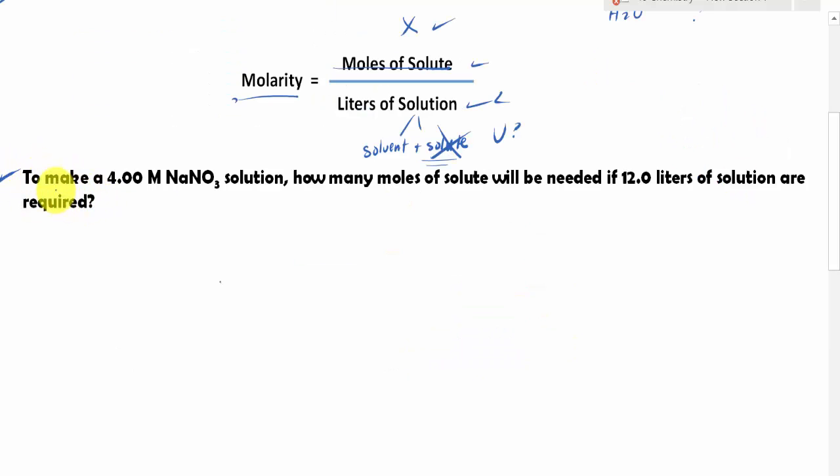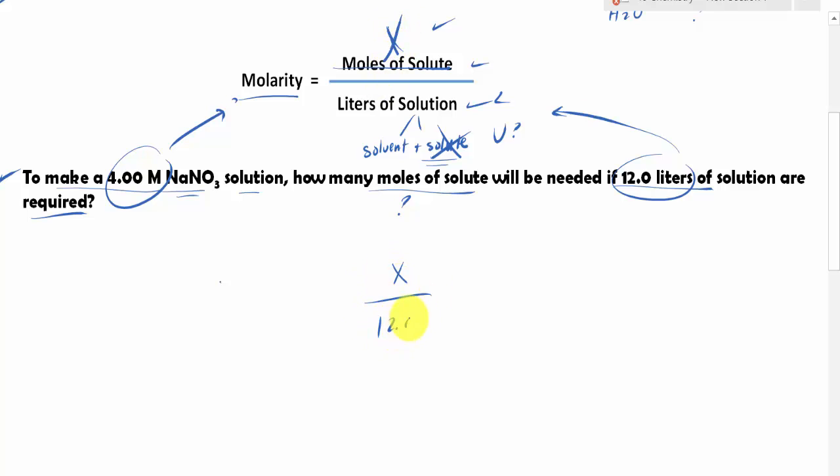In this case, to make a 4.00 molar sodium nitrate solution, how many moles of solute will be needed if 12.0 liters of solution are required? So again, we just have to plug in what we know into this equation. We know our molarity, so that goes right there. And we know our solution volume, so that goes right there. So instead of using moles of solute, we can say that the letter X represents the moles of solute, and we say that's X over 12.00, and the molarity is